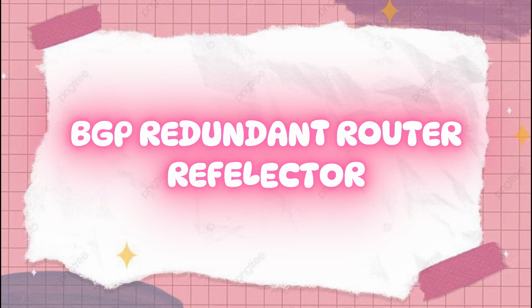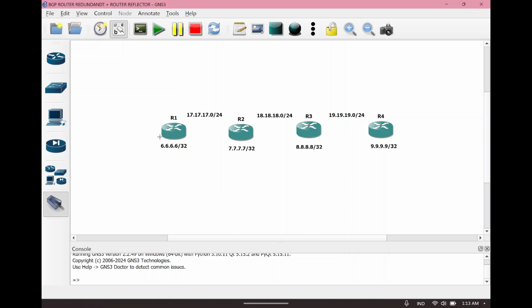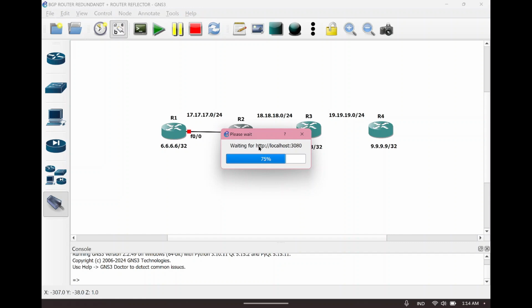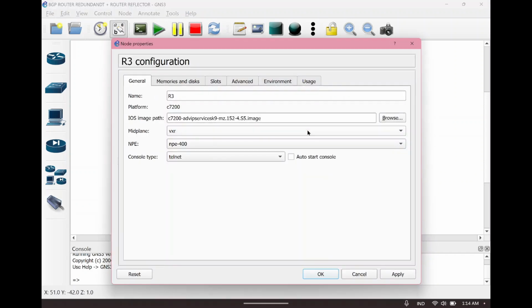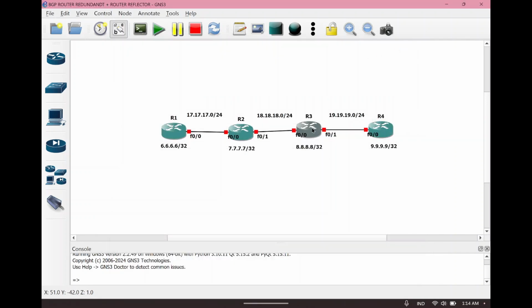Okay, usually I use GNS3 for this application, so we can make the topology like in this video. But if you want to make another topology, that's up to you, because the topology is not important to be the same as mine, but you should be careful with the network, I mean the cables and the port numbers.